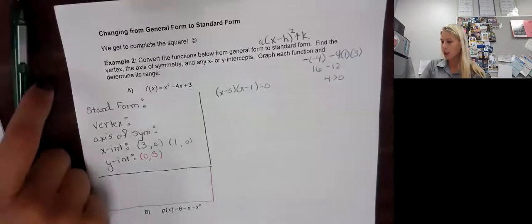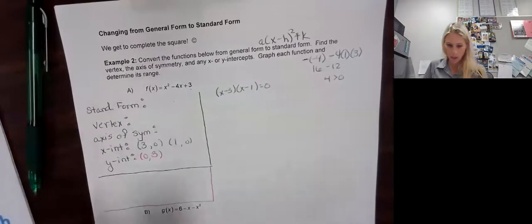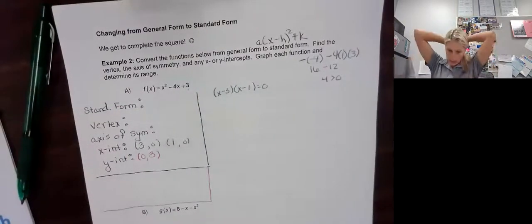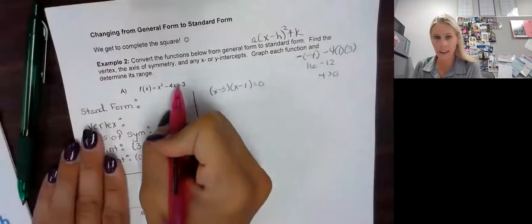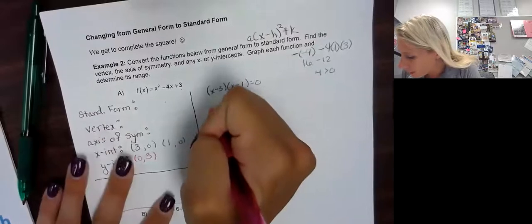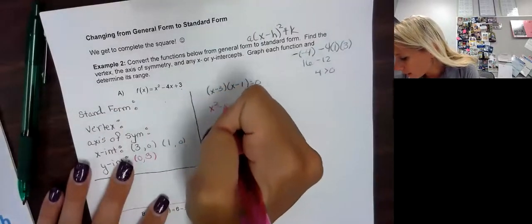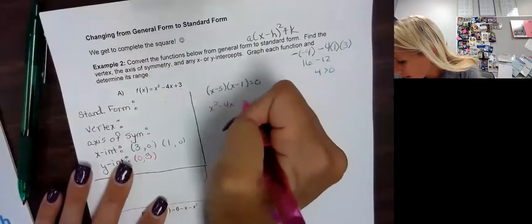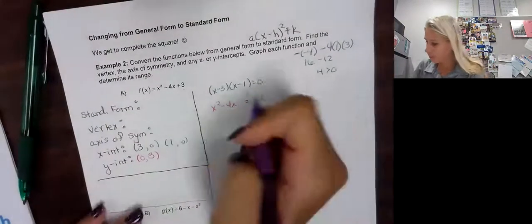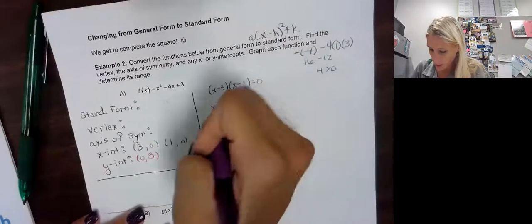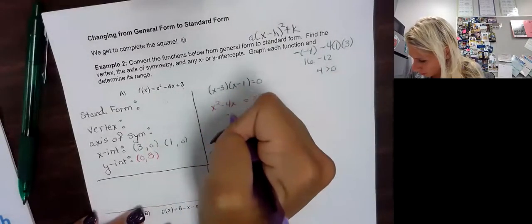All right, let's get to completing the square. When you complete the square, there are 2 ways you could do it. I'm going to try to show you the faster way. Just the non-confusing way. So the first thing I do is take this value of c and bring it to the other side. So I have x squared minus 4x equals negative 3. Then what we need to do is take our b value and divide it by 2